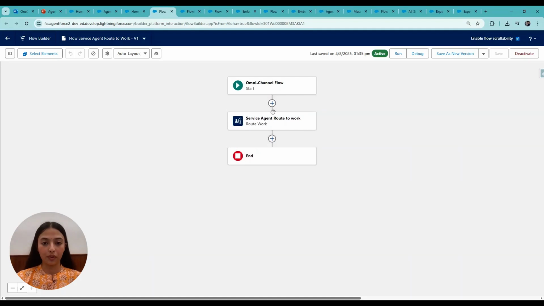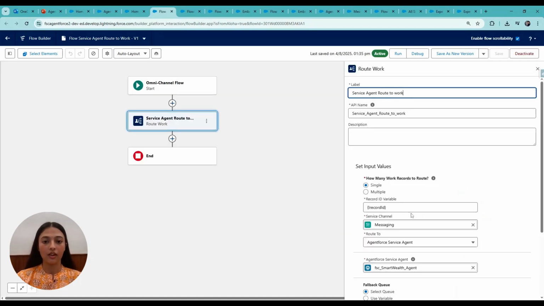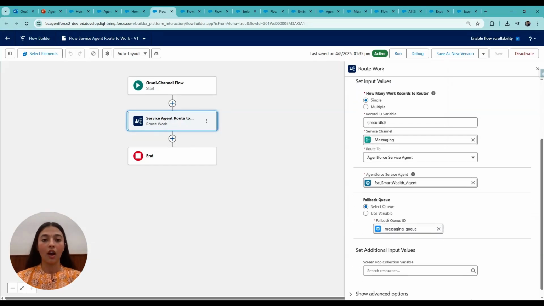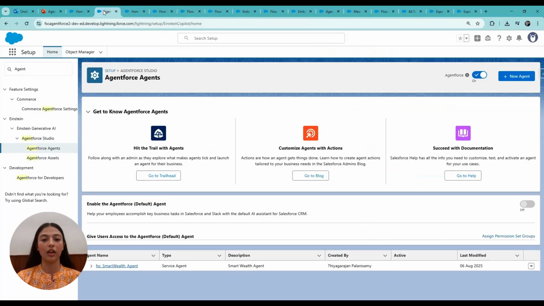These settings were configured in the previous session by us. The agent selected here is the FSC Small Smart Belt agent already implemented in Salesforce. After choosing the agent, set the fallback queue to the messaging queue created earlier in the previous sessions and then activate the flow.